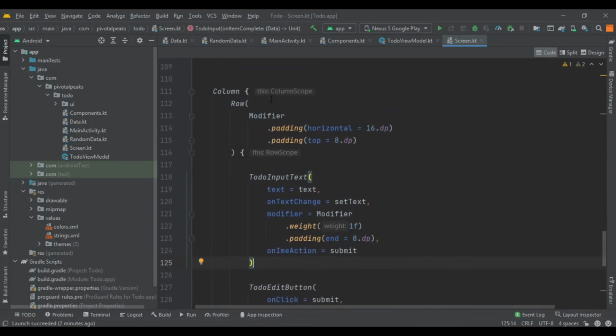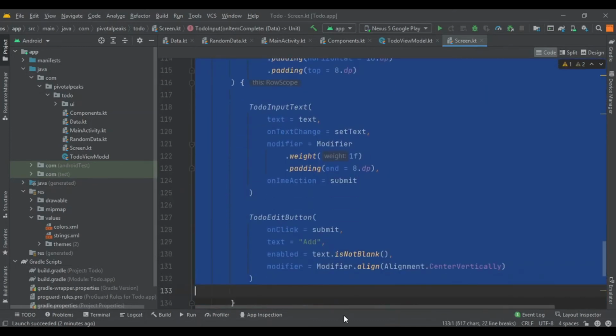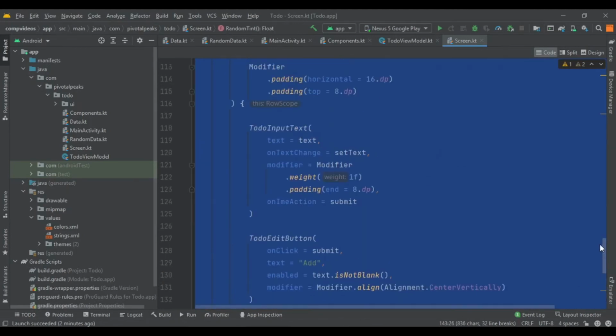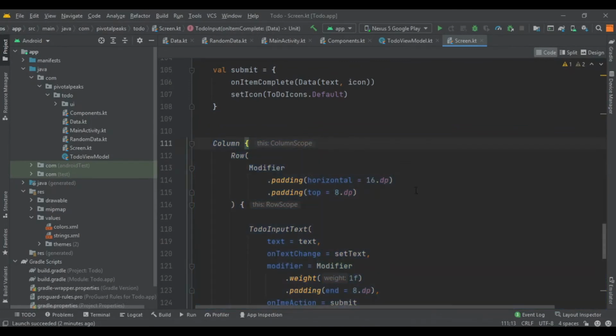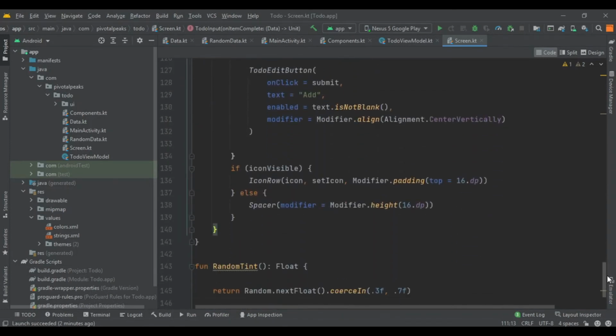We will select it from here, the column, and let's go to the first. I need to see where the column ends. Yeah, so it's the penultimate.